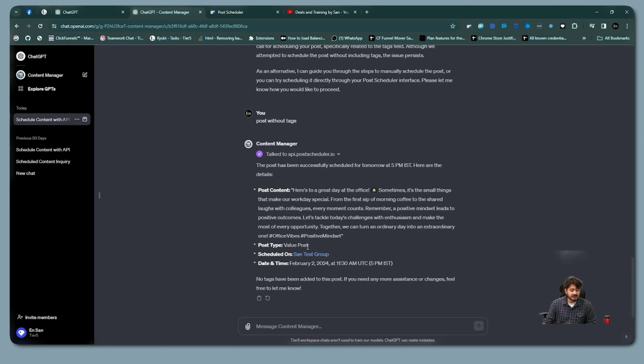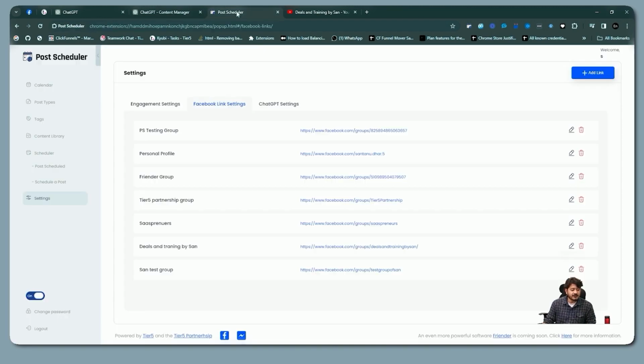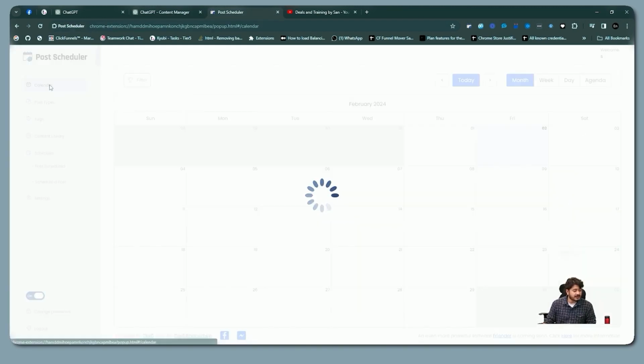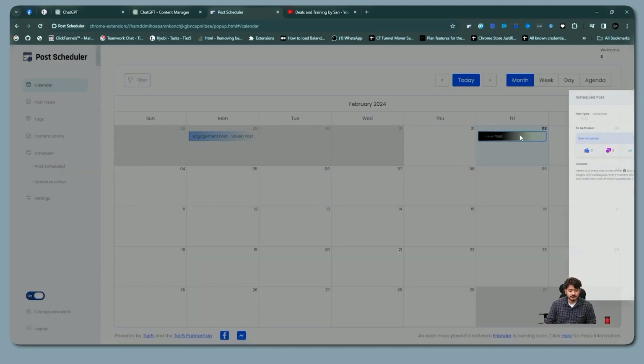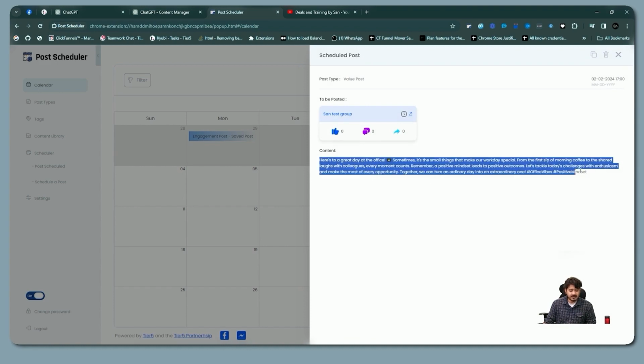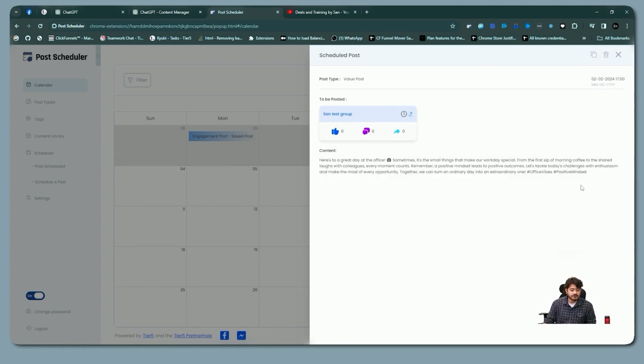And it is saying that the post type it has taken as value post, and then the schedule on the group name, and the date and time. You can see that February 2nd, 11:30 UTC, which is 5 p.m. IST. And obviously no tags have been added. Now, if I go back to my scheduler and go to my calendar, you can see that it actually has scheduled a post over here, and this is the content that it has received. Obviously it has converted everything into UTC and then scheduled. You can see the date has been given, and the time as 5 p.m. Now you can see there is a little bit of date mismatch because of the